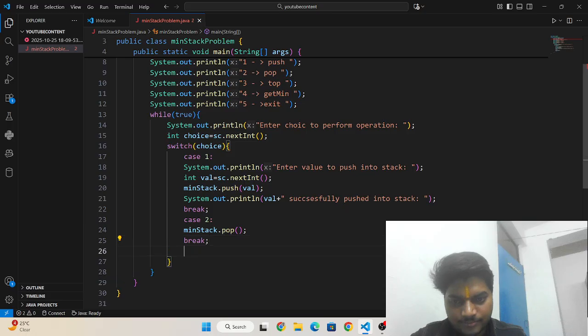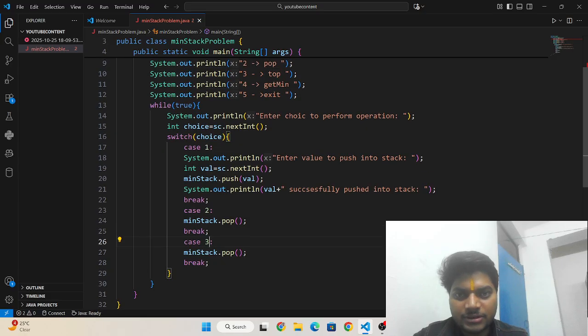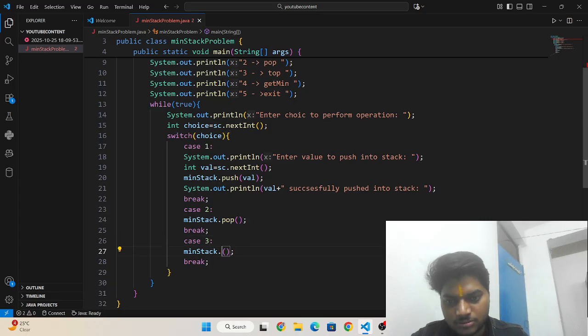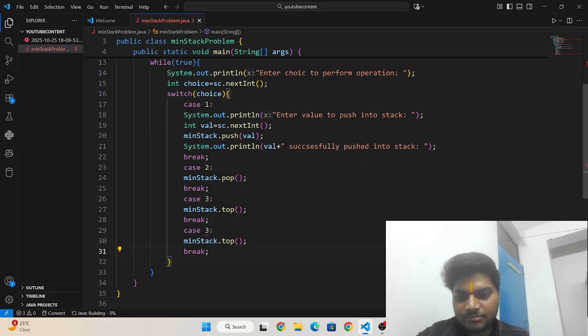Then we need to continue this. Control V, here should be 3, and if user is entering 3 means user wants to print top element, so I need to write here top. Okay, and after that if user is entering case 4 means user wants to print get min, so I